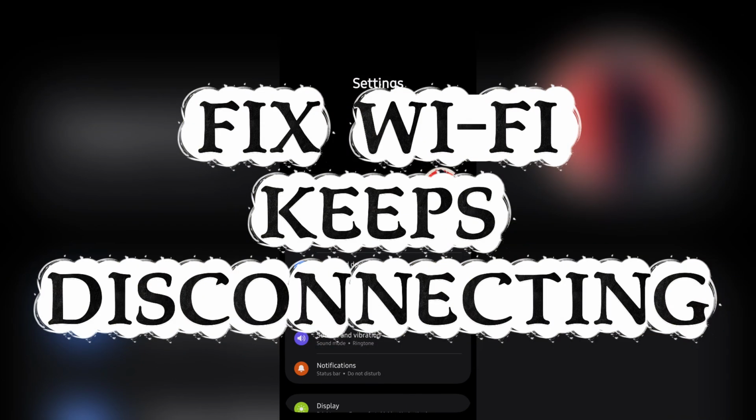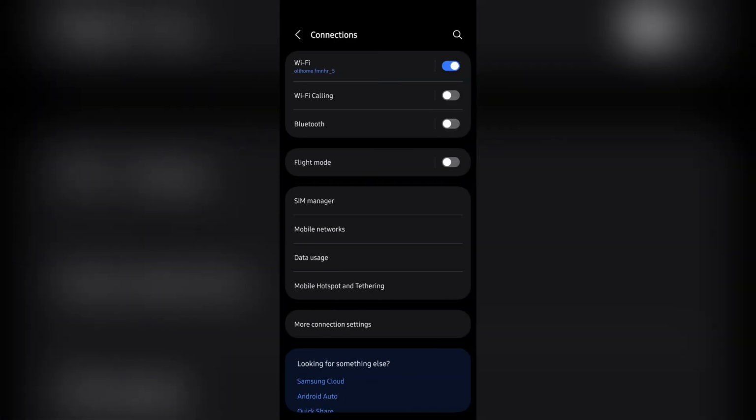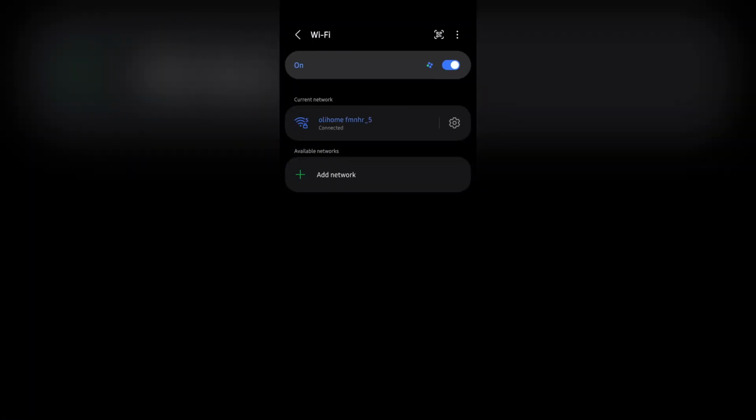How to fix if your Wi-Fi keeps disconnecting on your Android phone. Now in order to fix this, you just simply need to go over settings and select the connections. And after selecting the connection, go over Wi-Fi directly. Now after coming into this Wi-Fi section, you are gonna see all of the networks available and your current network